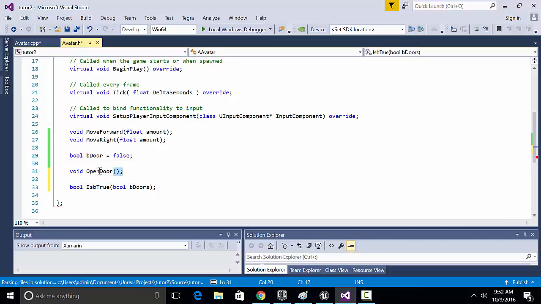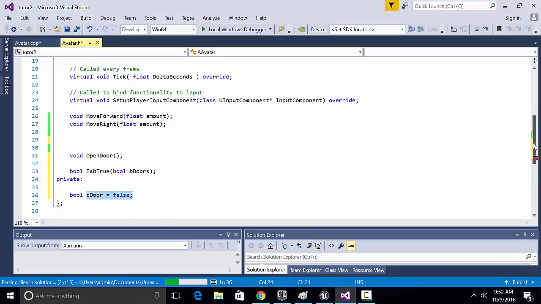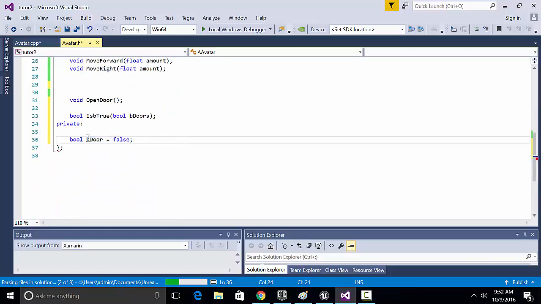We are going to put this one as a variable, so we don't need this to be public. We are going to set up this one as private section. So private bool bDoor is equal to false. Okay, and we can change it later on with true functions. Okay, so this one is false,